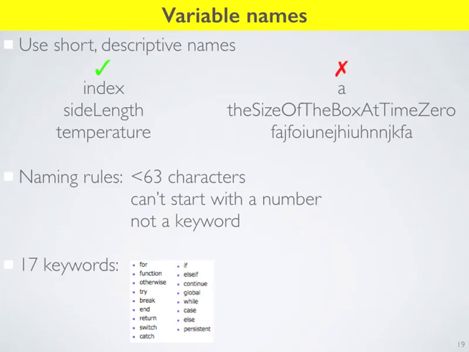They all have to be less than 63 characters. They can't start with a number, and they can't be a keyword. And so these are the MATLAB keywords, which are special words that are used in scripts or functions or the workspace to do things like if loops, global variables, case conditionals, switches, things like this. You can't call variables any of these names. And so I don't memorize these. MATLAB complains if I try and use them. And if I get confused as to why it complained, maybe I'd look up the keywords and see, oh, it's a keyword.